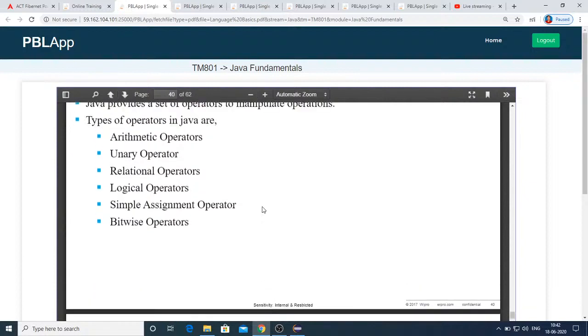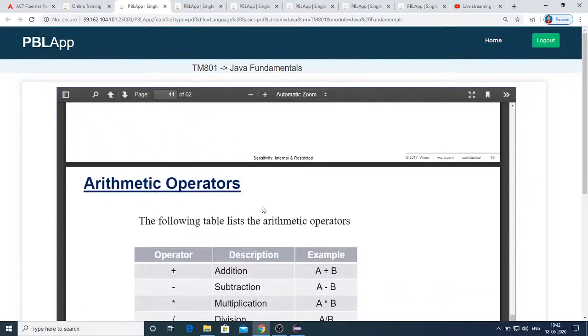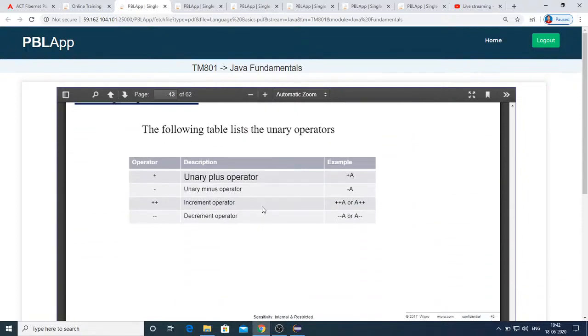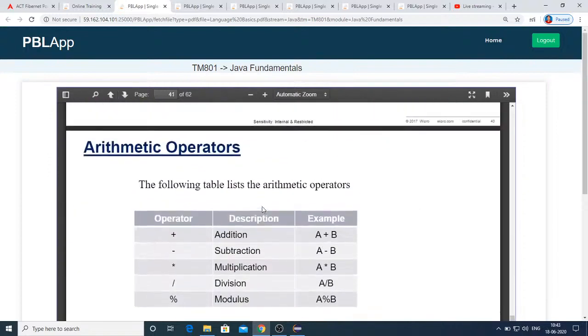And next come the unary operators. Under unary operators, we have unary plus, unary minus, the increment operator, and the decrement operator.